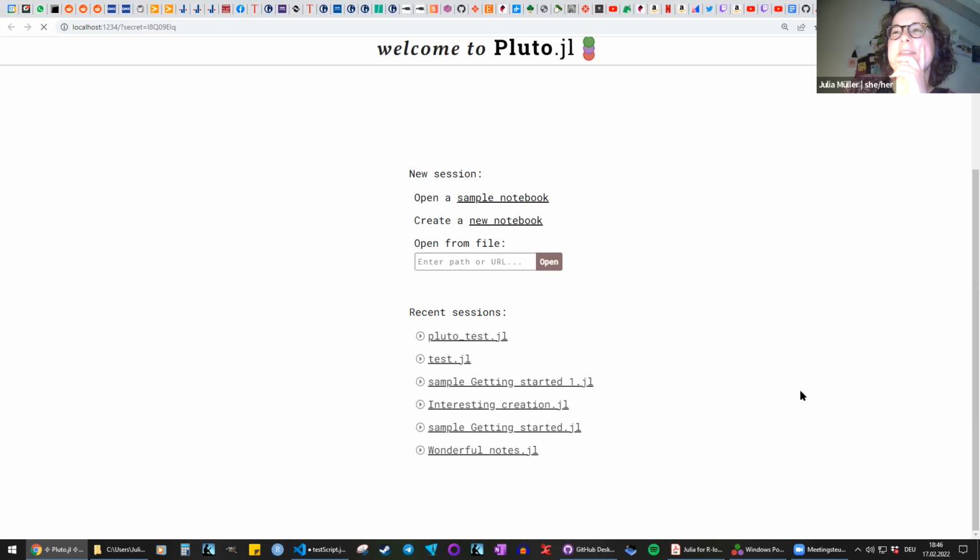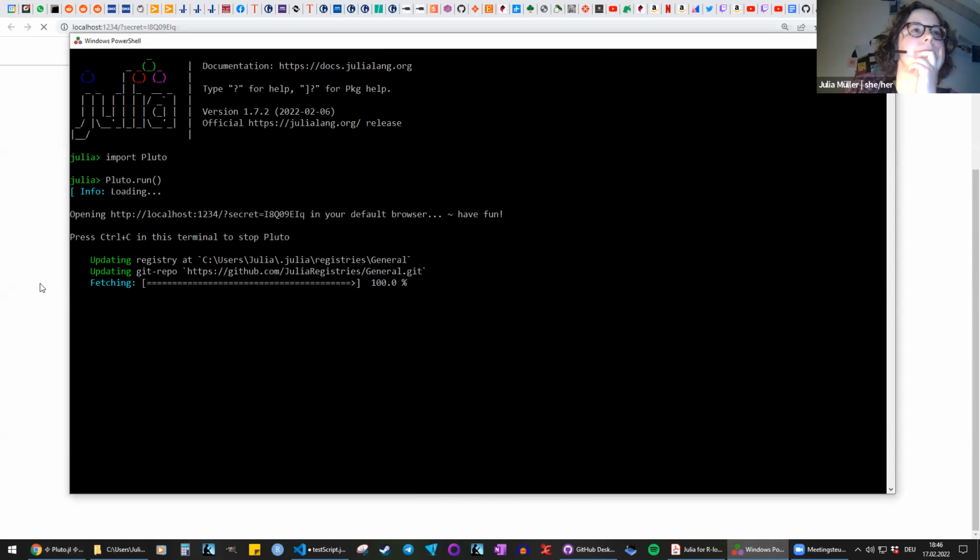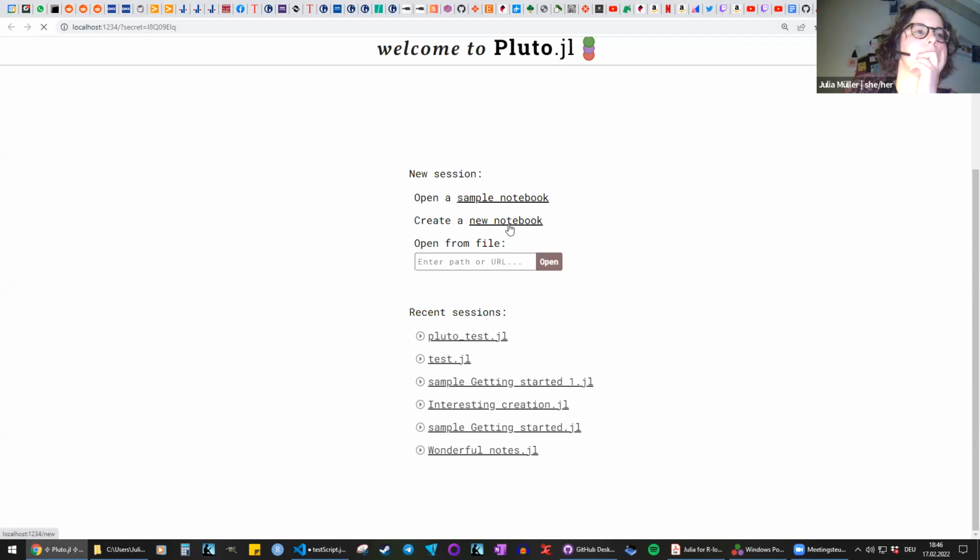If you want to demonstrate something, it's just going to refuse to work. But yes, you click create a new notebook. And if you're exploring this, you can also open a sample and see what that looks like. It's really weird. I tried it earlier and it was fine.